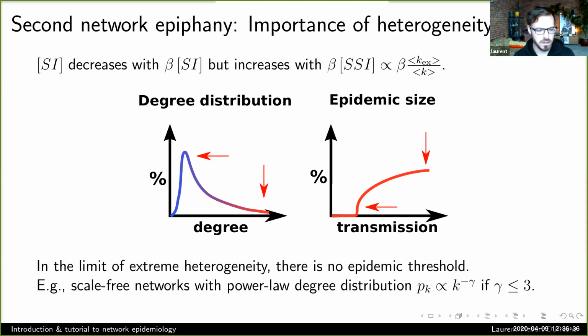In fact, we're going to see another model a little later where if we push that to the extreme, so for very, very heterogeneous degree distribution, like power law degree distribution with small scale exponents, this average excess degree can be infinite, right? So your friends on average have infinitely many friends. What this means is that the epidemic threshold is just going to go to 0. Any disease will be strong enough to survive.